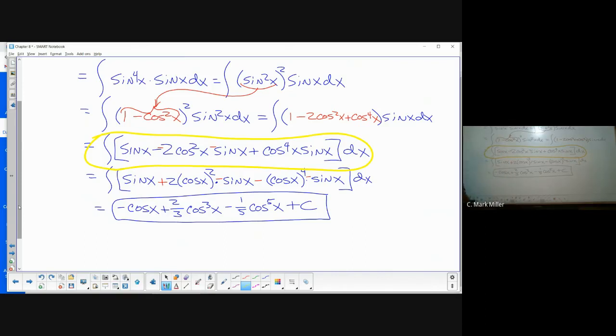Right? Because you've got sine there times 1, that gives you this. We know how to integrate that. Sine times minus 2 cosine squared gives you that. We know how to integrate that. That's a function to a power, and almost times its derivative. The problem is the derivative of cosine is not sine, it's negative sine. So you've got to put a negative there and a negative there. So you've got to watch your negatives here, right? So that was the